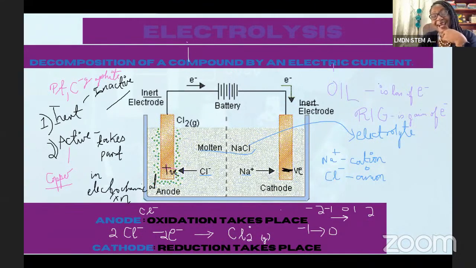But what I'm saying is that at the anode, where oxidation takes place, which is a loss of electrons, that's how it's going to get back to its native neutral state where the oxidation number is 0. Because the chloride ion is negative and it wants to come back neutral, it has to lose that electron that it gained that made it negative. So it's going to lose that electron to come back to chlorine, diatomic chlorine, because that's how chlorine is in nature. It's diatomic, so that's why we have the Cl2.